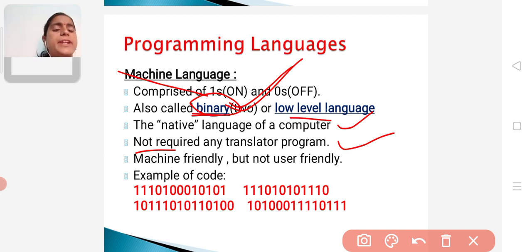That's why we need not require any translator. And it is machine friendly but not user friendly. The machine can understand this language easily, and it is not user friendly, means the user cannot understand this machine level language.